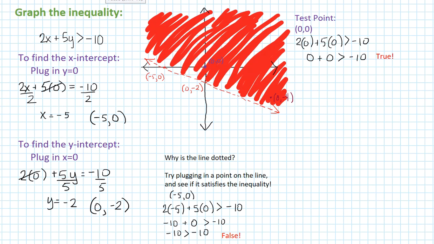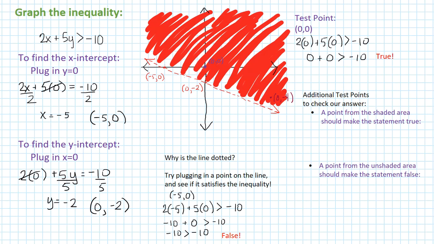such as 8, -4. So we'll plug in the point 8, -4. So 2 times 8 plus 5 times -4 greater than -10, and we get 16, 5 times -4, and 16 minus 20 is -4, greater than -10,